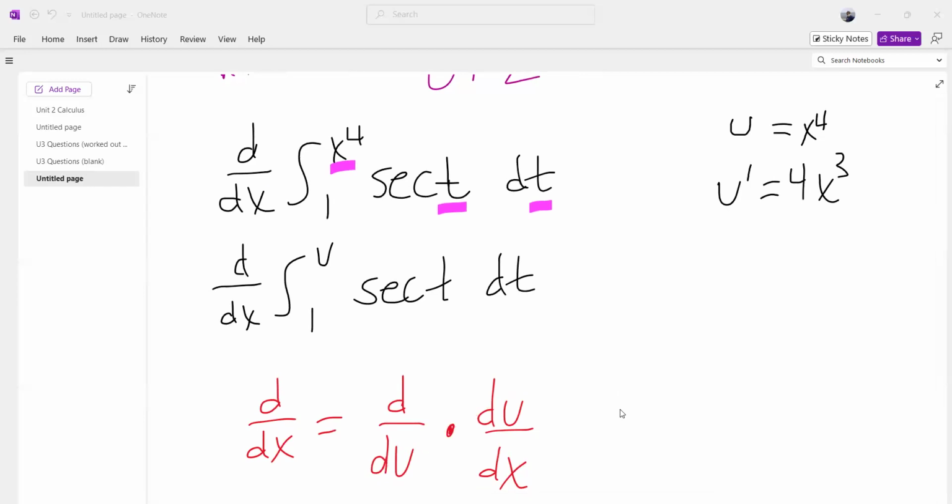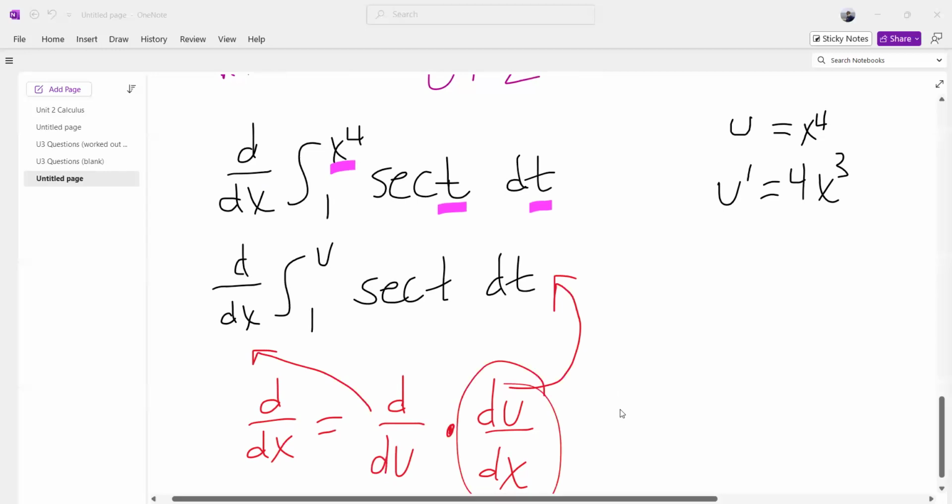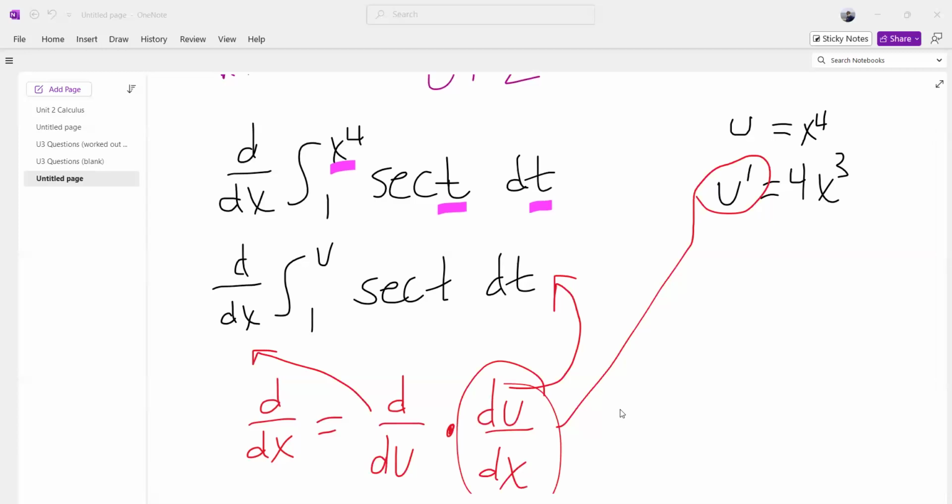So what we do is we put this part here and then we put that part on the other side. We're able to do that. And by the way, du/dx is our u prime. So now we'll just rewrite this. We'll put the d/du on the side, like that's the point of what we were trying to do. And now it matches up. sec x dt. Now there's one more step. We have to put u